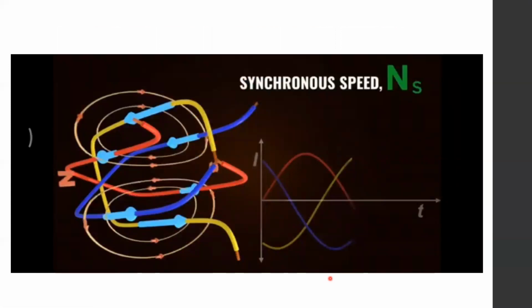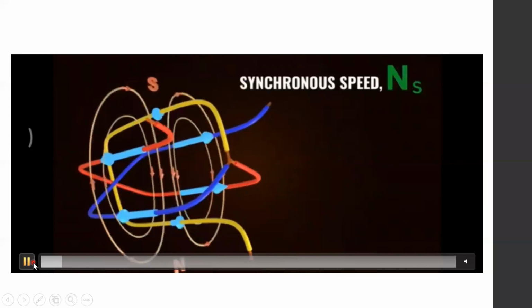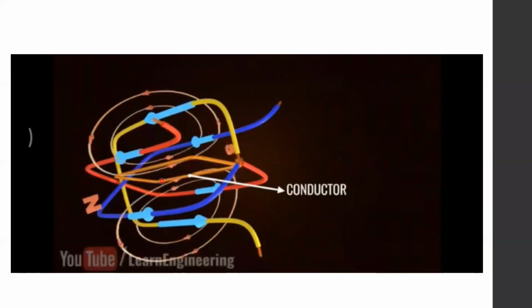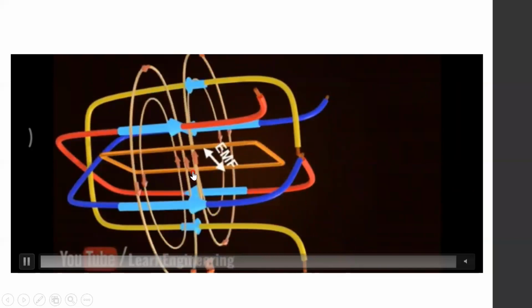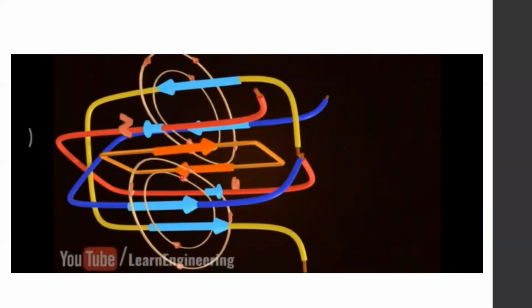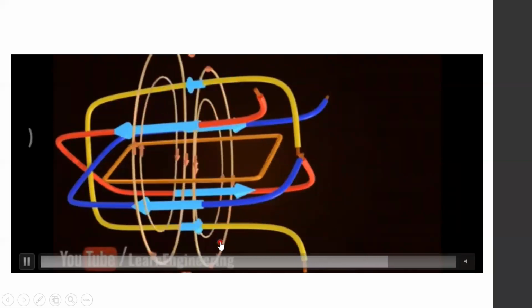Before going to the working principle of induction motor, we will discuss a simple concept. Assume we are putting a conductor inside this. According to Faraday's law, because of the varying magnetic field, EMF is induced in the loop. So it seems like a current carrying conductor is placed in a magnetic field. According to Lorentz force, an electromagnetic force is induced in the loop. So the loop also starts to rotate. This phenomenon is similar to the working principle of induction motor.